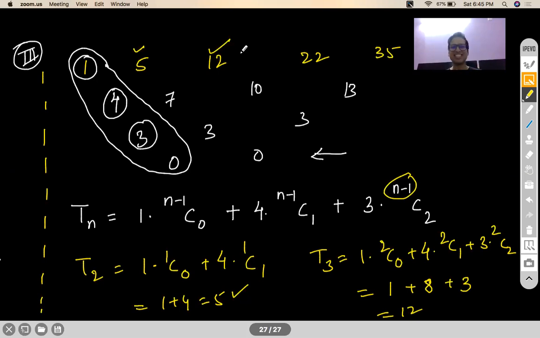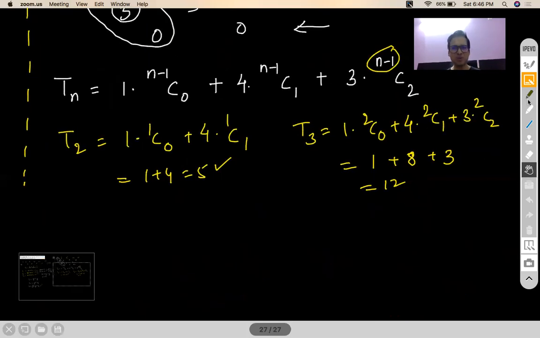But again, this method is very, very, you can say, particular to this particular type of sequence, right? If this doesn't happen, this method is of no use. Okay. So where you realize that you have been given a sequence where the sequence is following this kind of a nature, that means if you keep on taking differences of the terms so that eventually it gives you 0, okay, then this Newton's method will be the much faster way to solve the question, right?